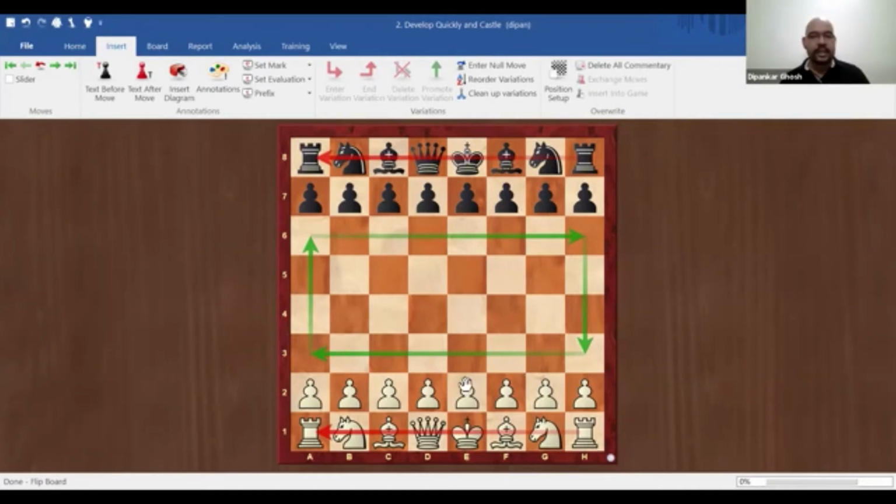Okay, now that's what the opening principle, develop your pieces, means. So get all the pieces out quickly so that they are fighting. They are not just sitting home being useless. Okay, so now let's see how to do that effectively. Now, what's the ideal order, and what will be the right way to do that?